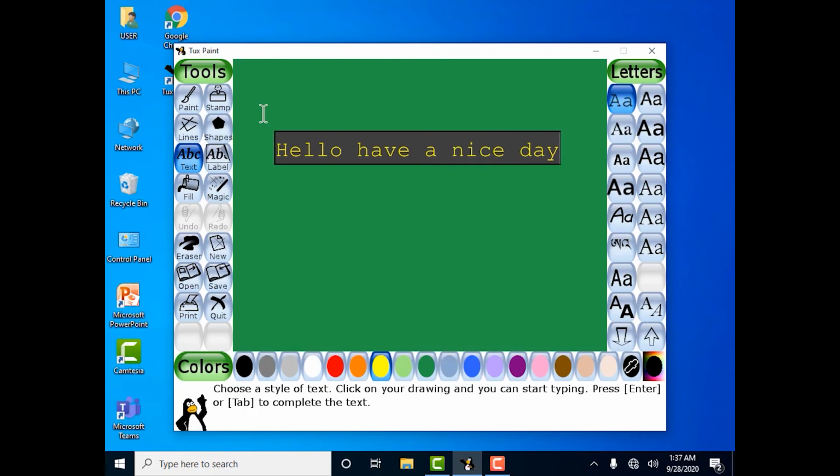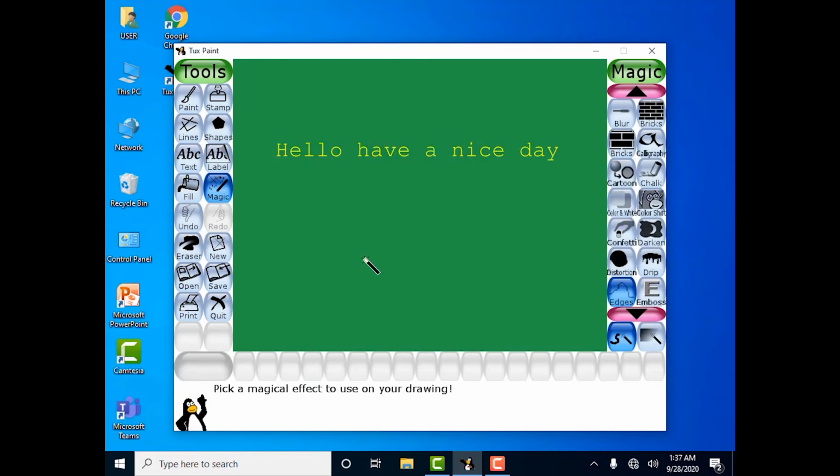Now select the Magic tool and select the Drip effect from the subtool box. Drag the magic wand over the text.